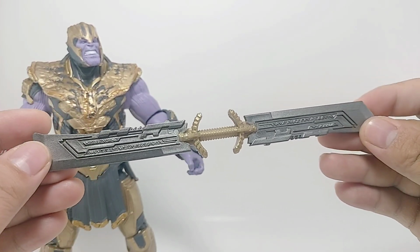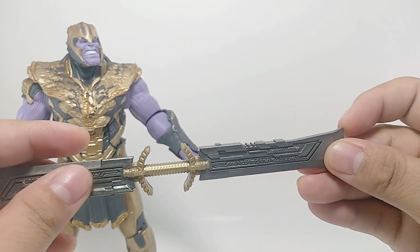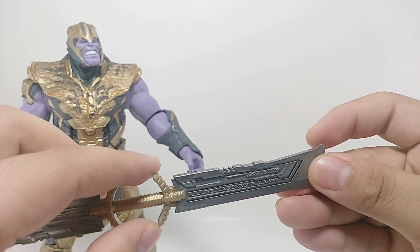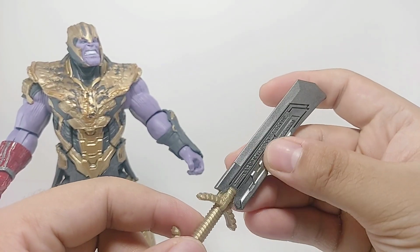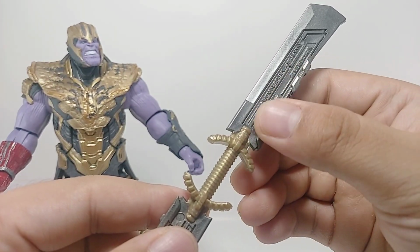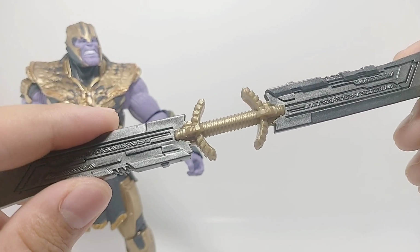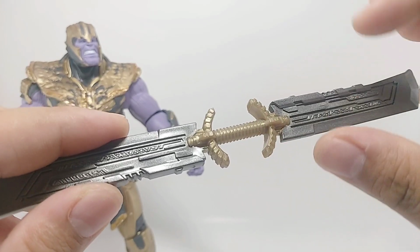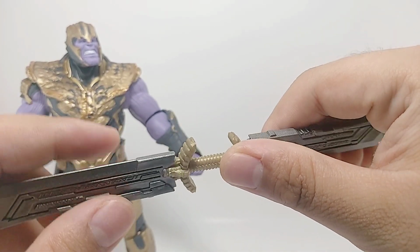Definitely one of the reasons why I opted to get this 2-pack. It's no longer that dull gray plastic from before. This time it's painted with a nice gunmetal finish. Details on it look pretty damn awesome as well. There are small details that look like they're etched in there. The handle is molded in gold tint, which I think works better than just painting over it. That way we won't get paint damage on the handle over time from putting it in and out of his